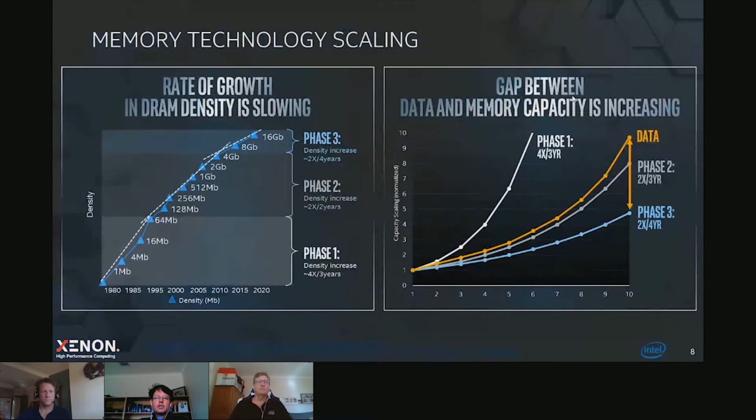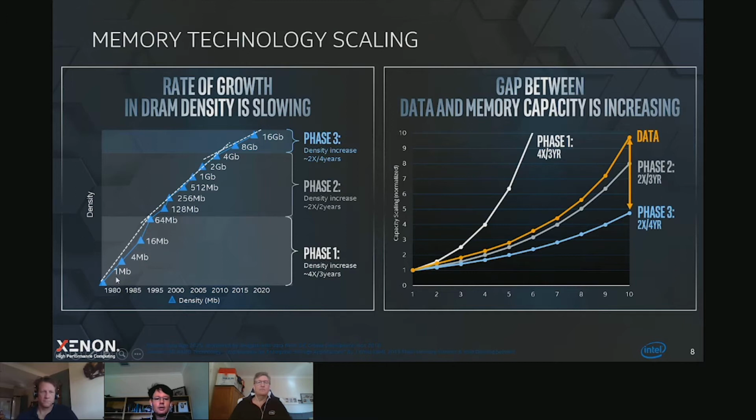And just another motivation, why is Optane technology nowadays so relevant and becoming so useful? When you look at the graph on the left, where you can see the different DRAM densities, meaning the chip sizes going from the 1980s with 1 megabit chips to 4, 16, 64, all the way to today's 16 gigabit DRAM chips. You can see already how this slope in this graph is changing, where we can identify first